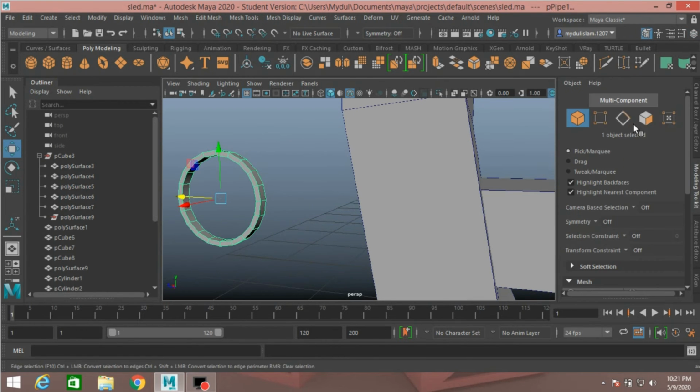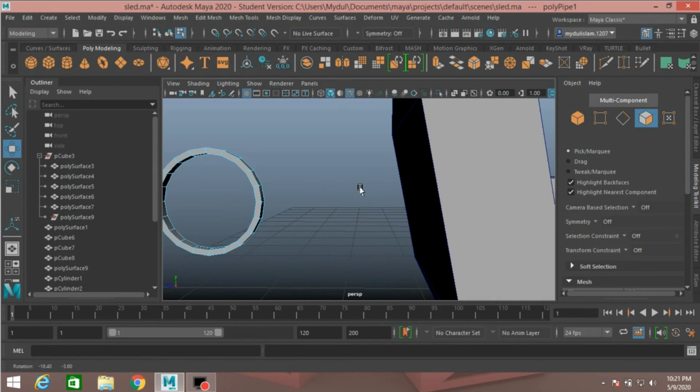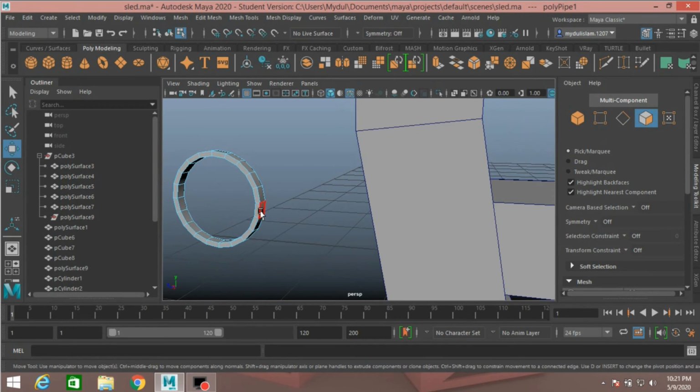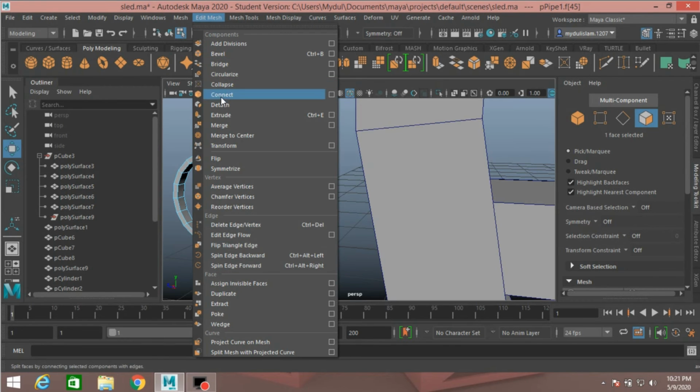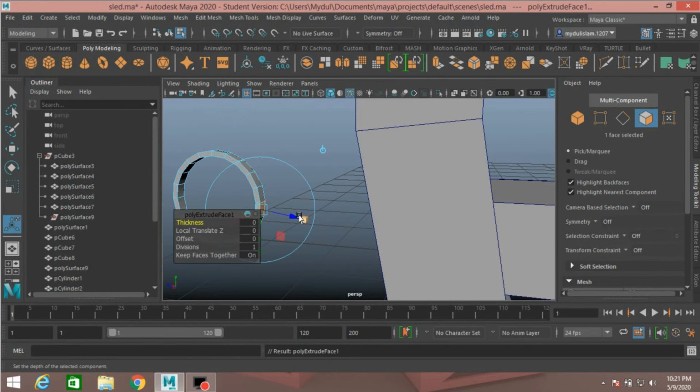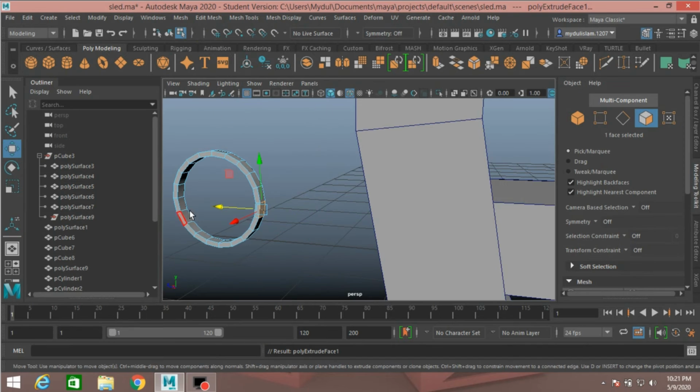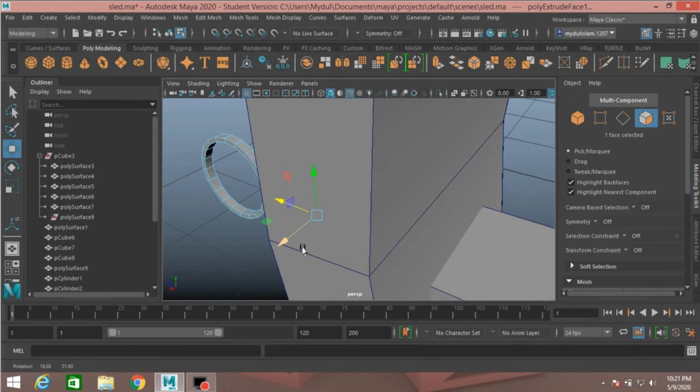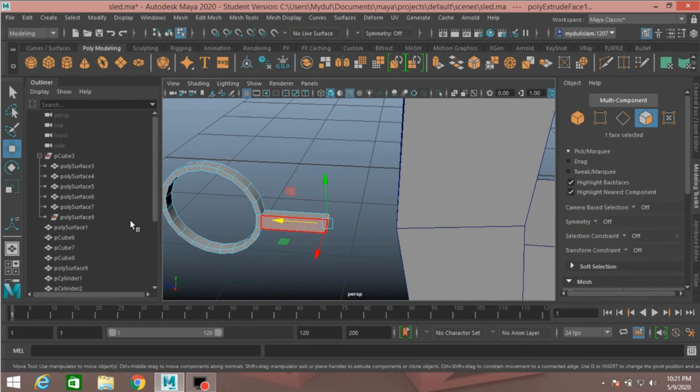Now go to face selection mode, select this face, go to edit mesh, click extrude, move tool, put it back here just like this, scale to make it straight.